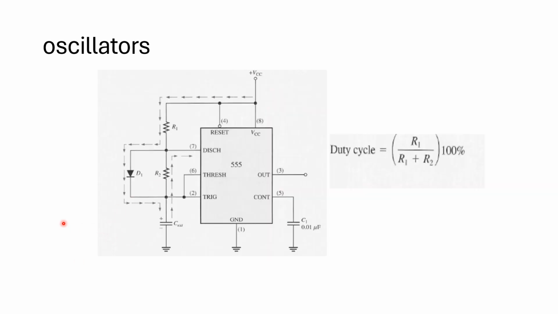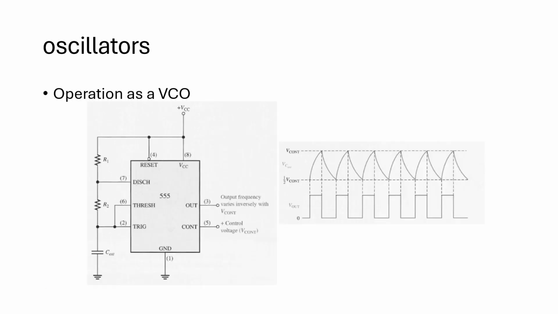This is also one way of designing. Instead of using your trigger or your discharge, you can make use of a diode here. And lastly, the same external connections for astable, with the exception that a variable control voltage is applied to input number 5. So control voltage is being applied to input number 5. If we do this, we still have an output like this.